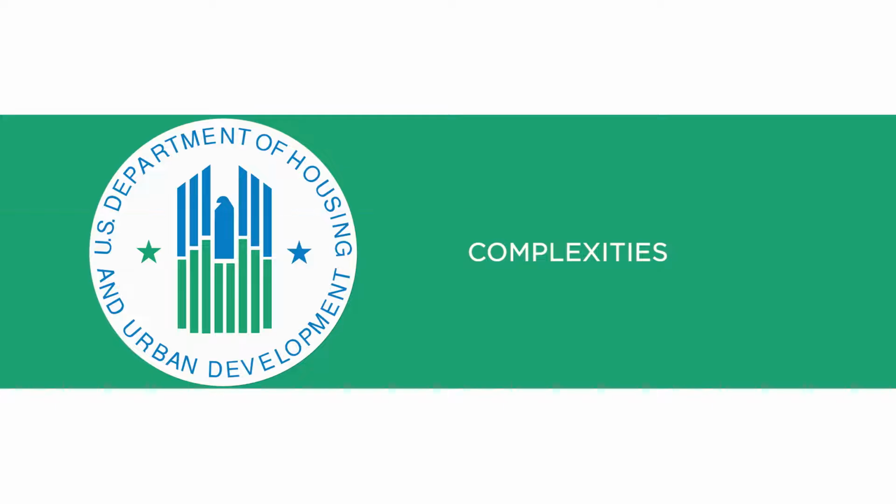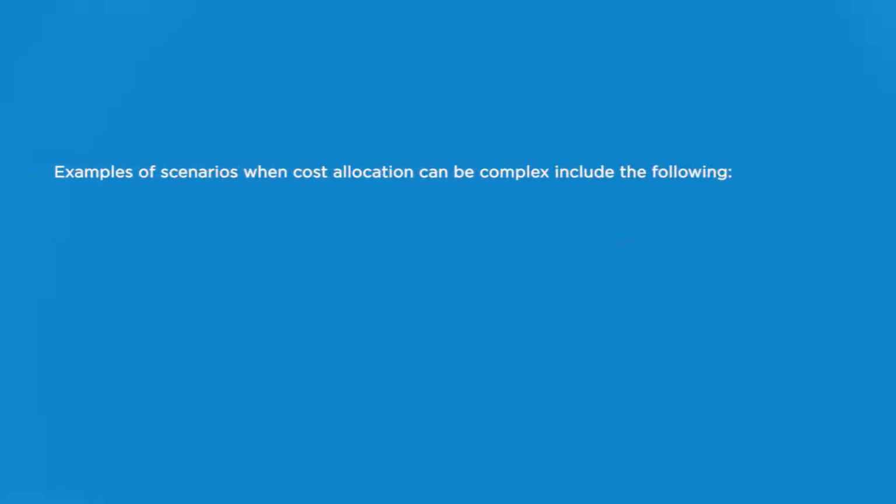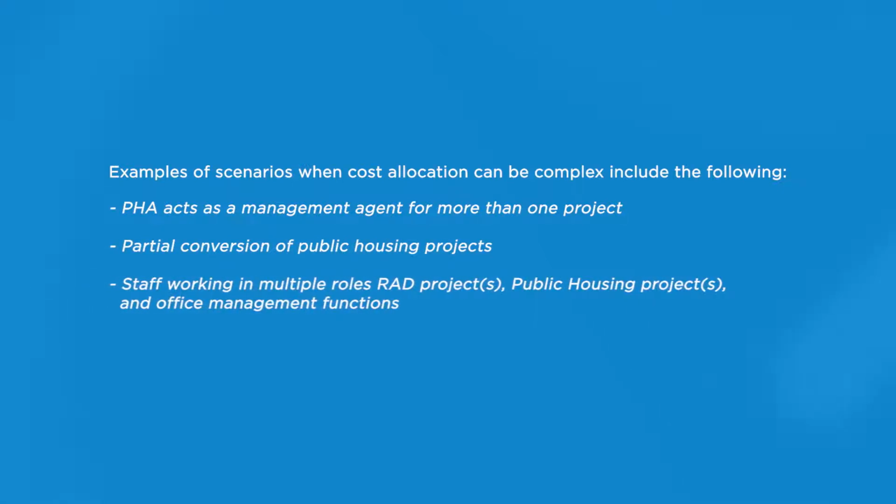Complexities. Though the principles of cost allocation seem straightforward, complexities exist. Examples of scenarios when cost allocation can be complex include the following. PHA acts as a management agent for more than one project. Partial conversion of public housing projects and/or staff working in multiple roles, RAD projects, public housing projects, and office management